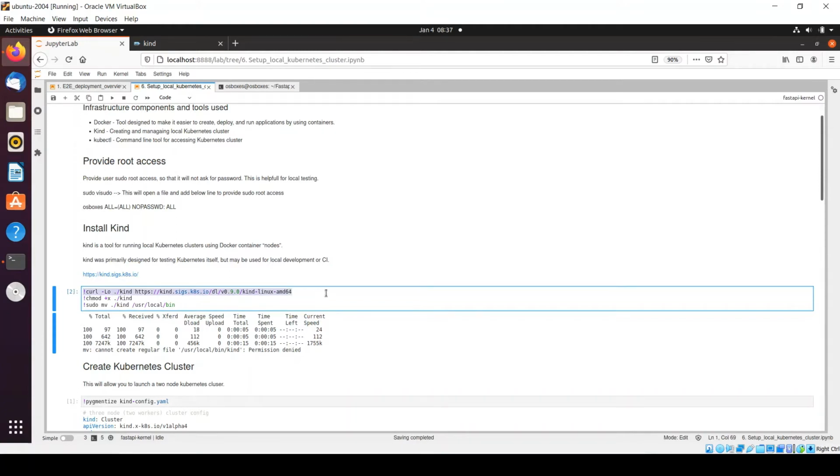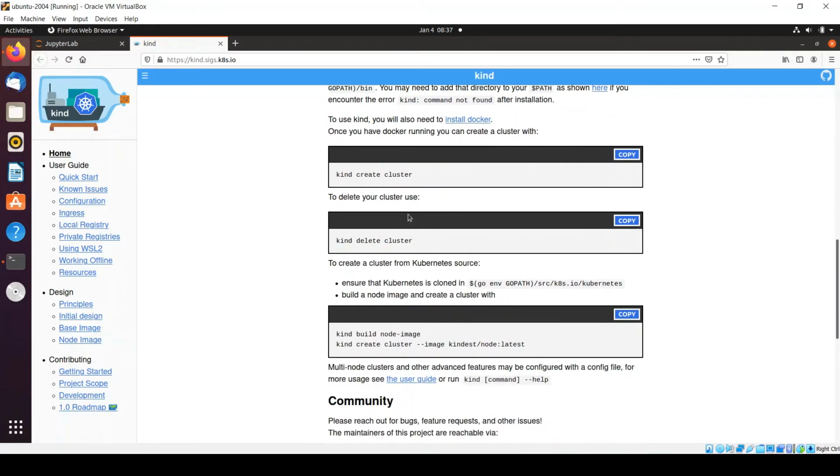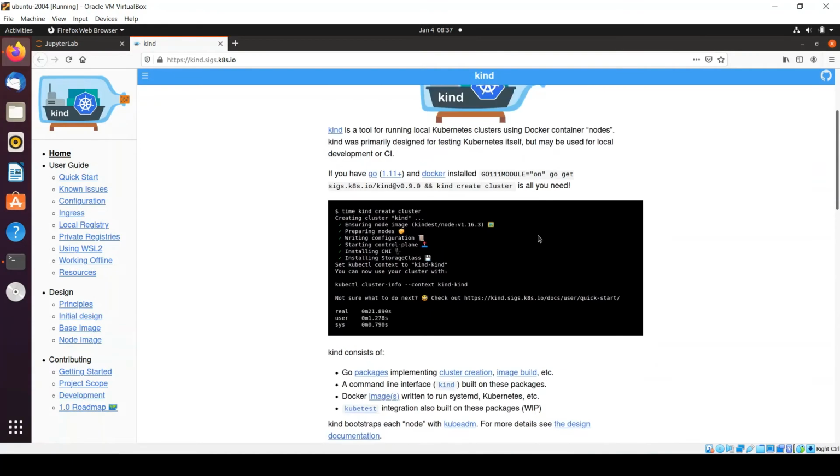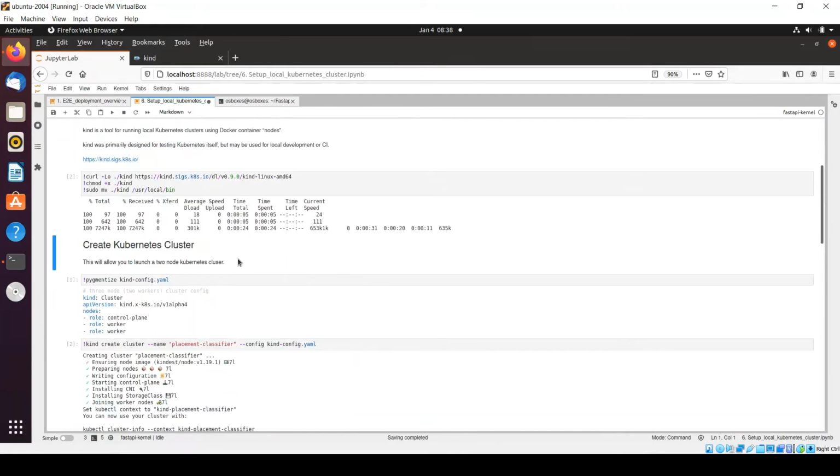Just run this command, followed by this statement, which will provide execute access to this folder, followed by this statement. The Kind official documentation has given all the required details for installing Kind. I have just installed it. I will run it. Now it's done.